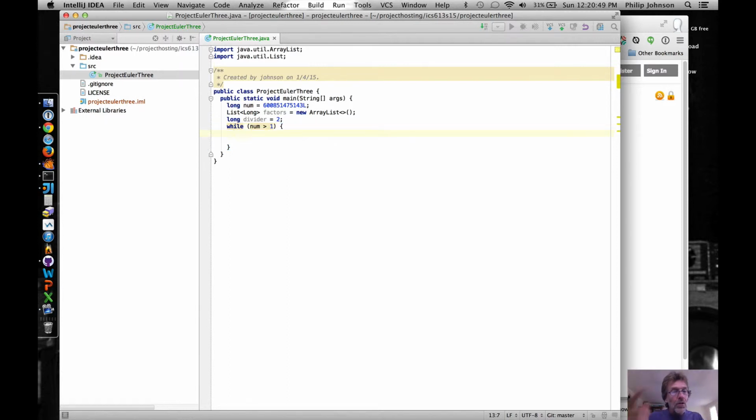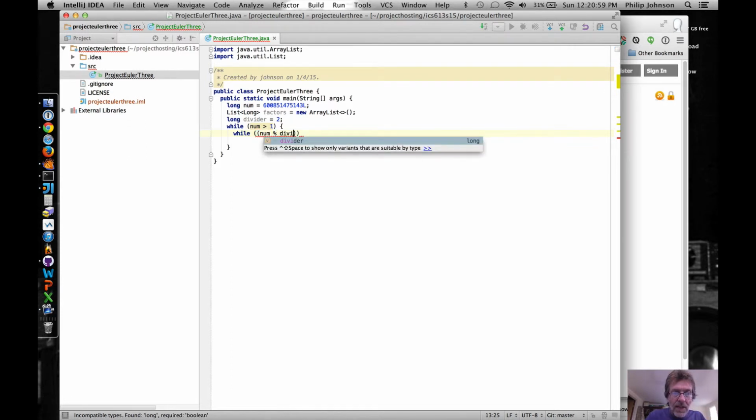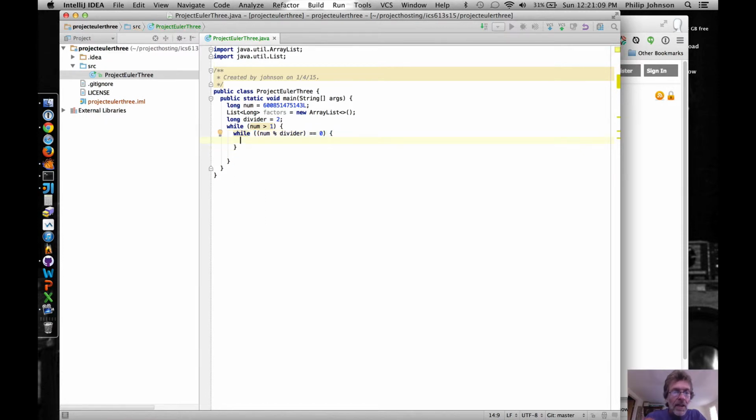Okay? So what we're going to say is while num is greater than 1, so that's our exit condition for when we know that we've found all the prime factors. Then we'll say while num divided by divider equals 0, then, so if num's going to start out this big number, I'm going to divide it by 2, and if dividing it by 2 works out, then what we'll do is we'll add that divider